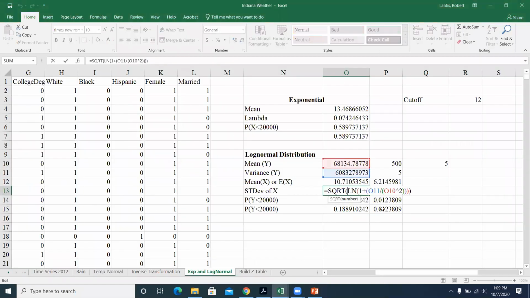That's what I did right here. Now the only difference is I took the square root so that I got the standard deviation instead of the variance. So if I have the equation for the variance, standard deviation is just take the square root of that. Now that I have this mean and this standard deviation for this underlying variable x,